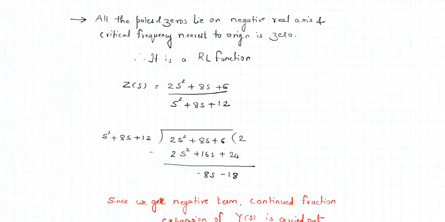So we have done the first step of division. The first step of division has resulted in a quotient of 2, but there is a remainder wherein we have obtained a negative value in the denominator. If we continue to perform this division, we are not satisfying the requirement of a positive real function, because we should have all the coefficients in a positive real function to be positive. But what we observe is that this is not giving us a positive real function. Therefore, we need to do a kind of rearrangement here.